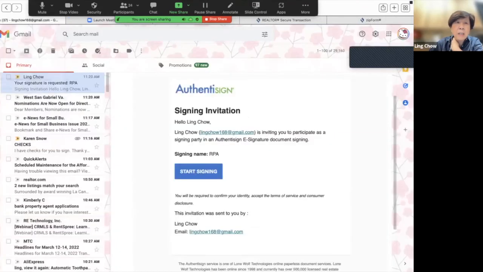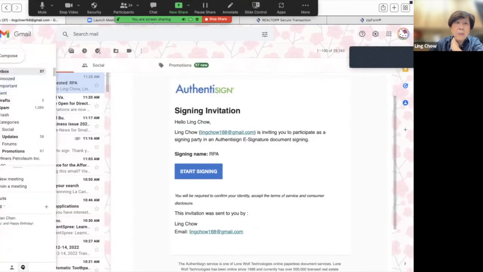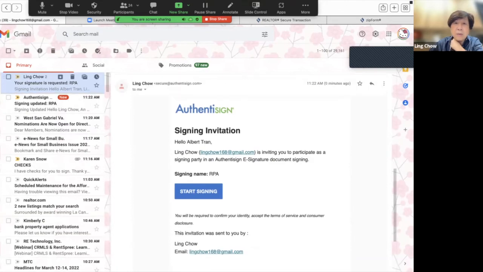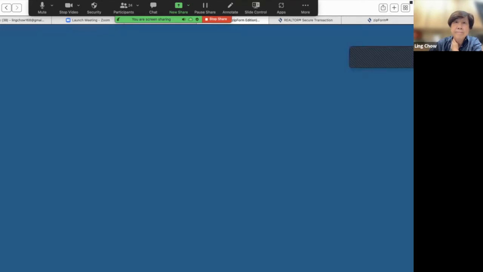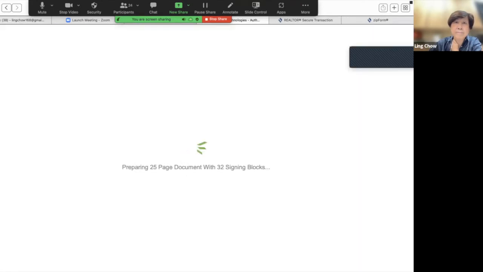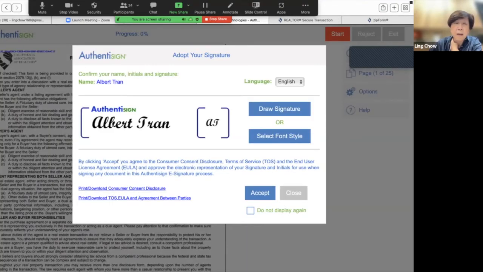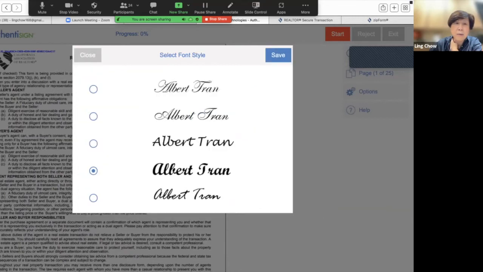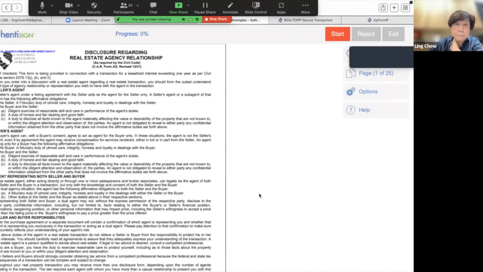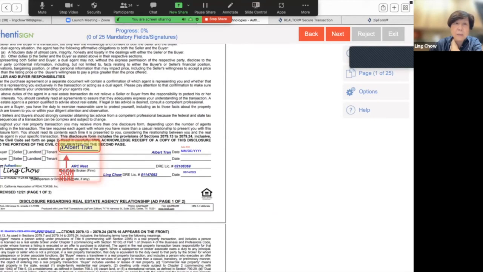I'm going to go back to my email, and I'm going to check the one that Albert has, right? Because we sent it to Albert. So here it says Albert, please sign. So I'm going to start signing for Albert. Albert only has 32 signatures. So do I want Albert to sign like this today, or like this today? So I'm going to sign this one. I'm going to accept. I'm going to start. I'm going to click,